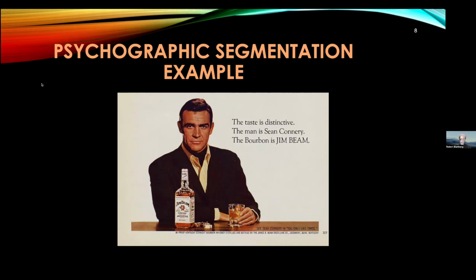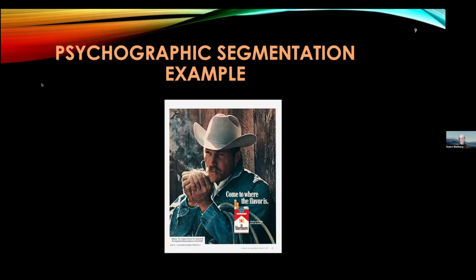I'm going to put up one other example, and it's an example that's slightly dear to my heart, and I'll explain it in a second. That is the Marlboro Man. Now, smoking is not very popular anymore, but when I grew up, people smoked. Marlboro started out as a female cigarette. It was targeted towards women. It evolved, and they came up with the campaign. It was Leo Burnett, a big advertising agency in Chicago, and they came up with this advertising campaign, The Marlboro Man.